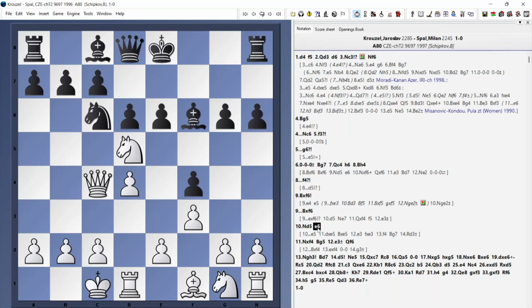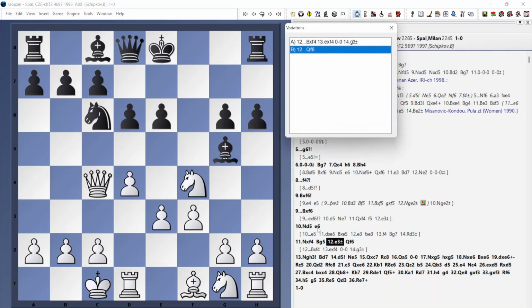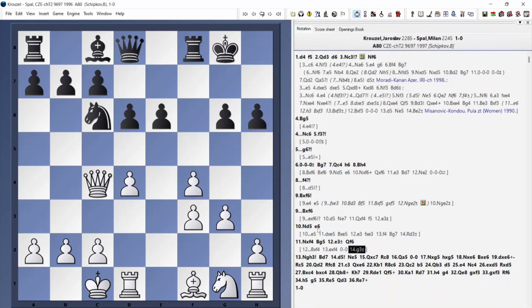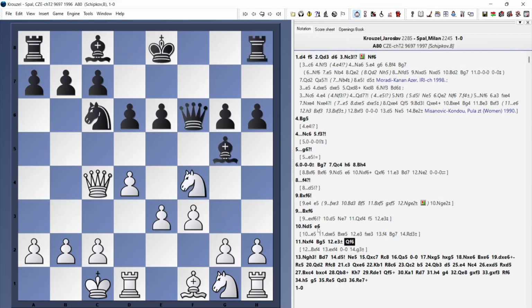So black just parted with the pawn. He played e6, knight takes f4, bishop g5, e3, and he played queen f6. Bishop takes f4 here, e takes f4, castles, and then just g3. And again, look at black's king side. Very weak. So instead, after e3, queen f6, knight h3, bishop d7,